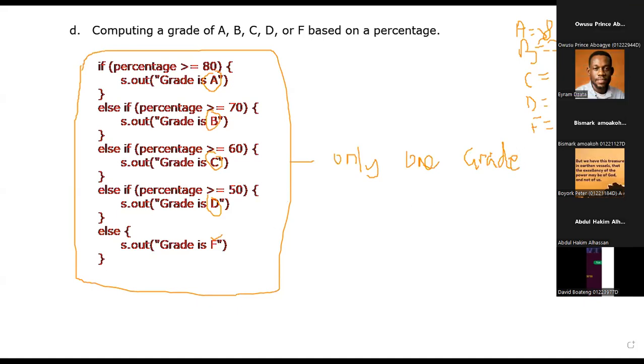Yes, sir. This scenario here is saying that the code should print out only one grade, and the grade should be A or B or C or D or F. So if you are going to print only one grade, then we have to go by the